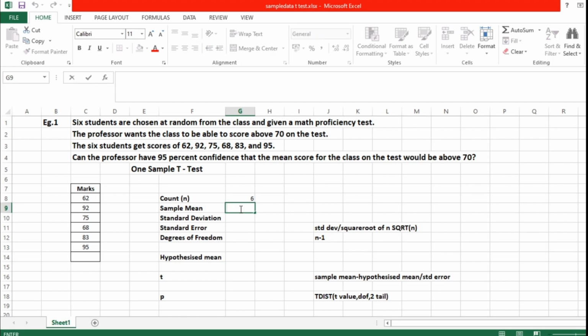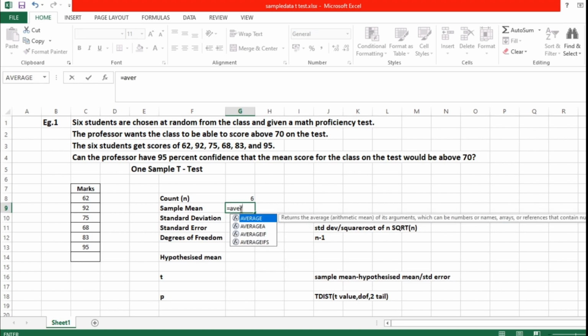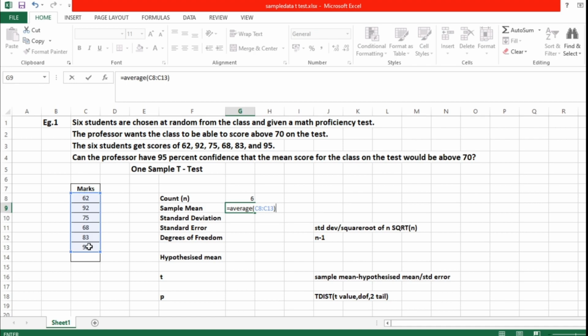So I'm going with the equal to symbol, typing average, opening the bracket, selecting all the values, closing the bracket, and giving enter. So this is the sample mean or the average.